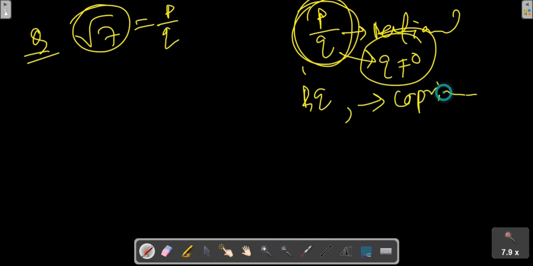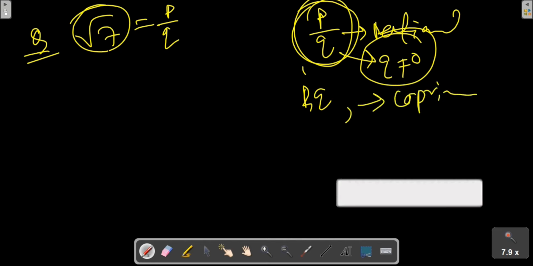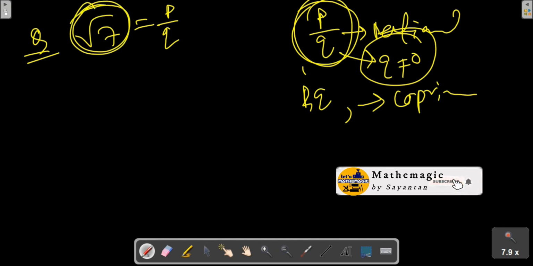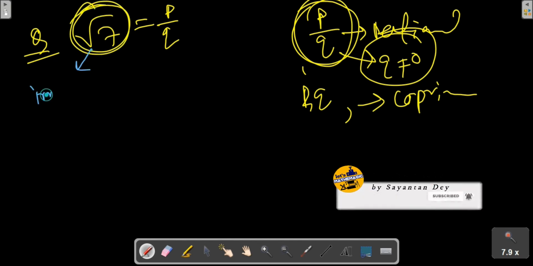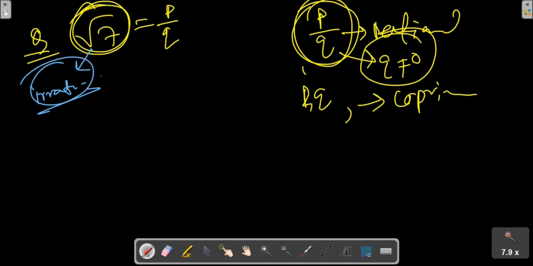Okay, co-prime. Acha, now they have told us to prove that root 7 is an irrational number, but what we will do is assume that root 7 is a rational number. As per our assumption it's a rational number, so a rational number can be expressed as p by q. So we have expressed root 7 as p by q. Now we will square both sides. So root 7 will become 7, this will be p square, this will be q square, and in the next line